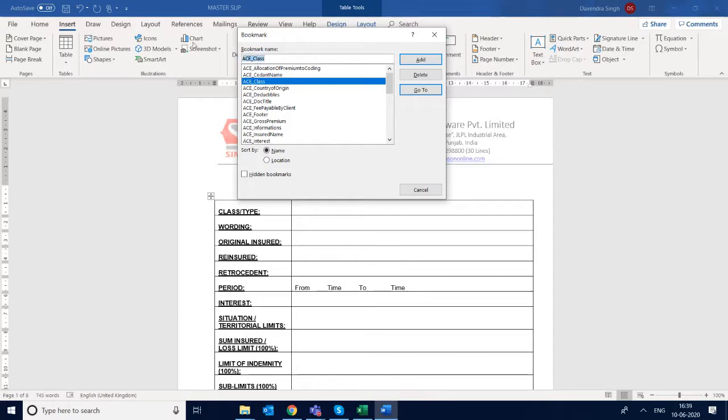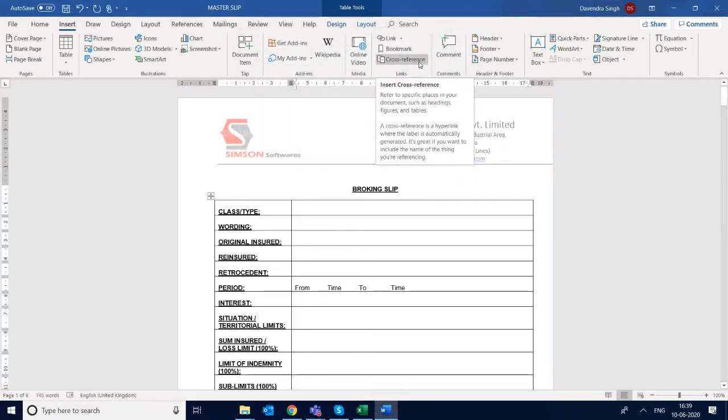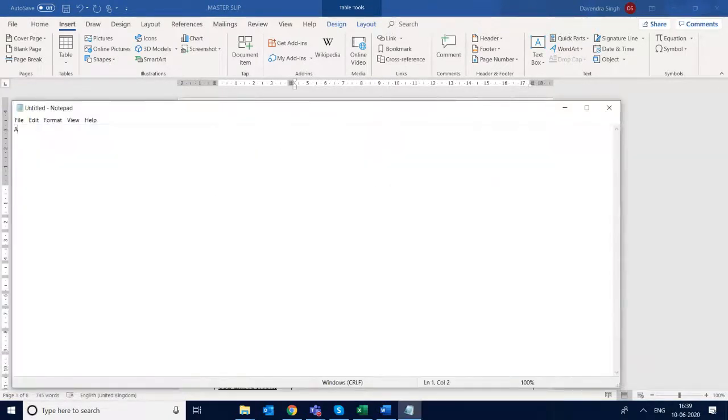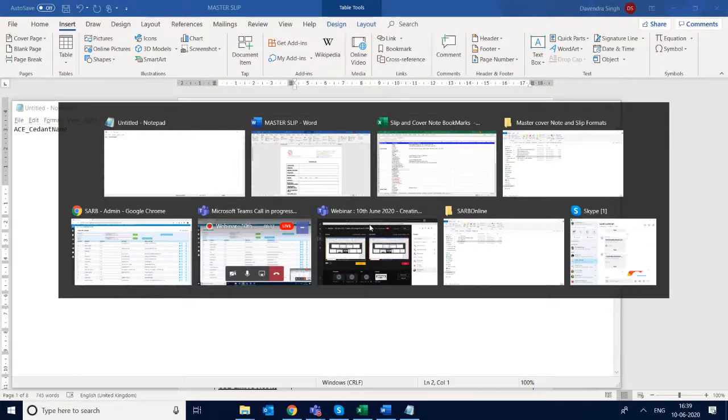And here I will write ACE underscore bookmark, cedent name. So add. Our bookmarks look like ACE underscore and then the bookmark name. If cedent name, then you can copy it from here.